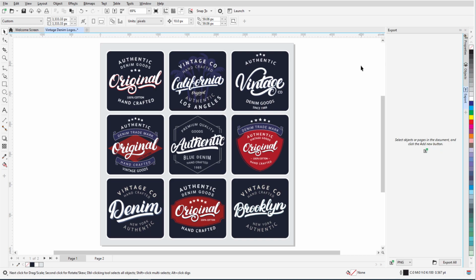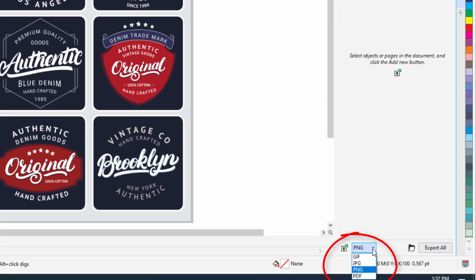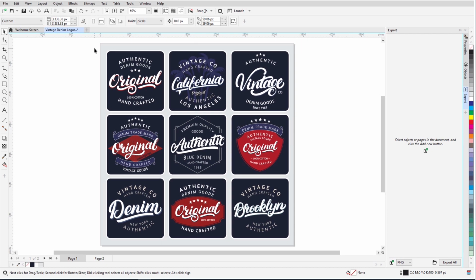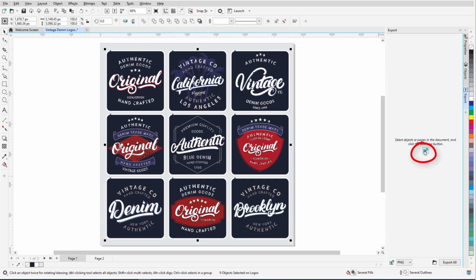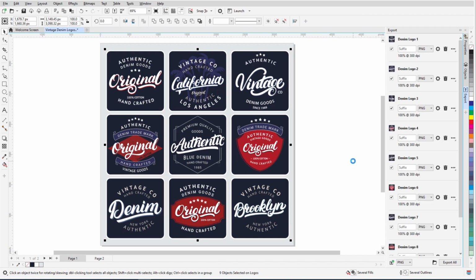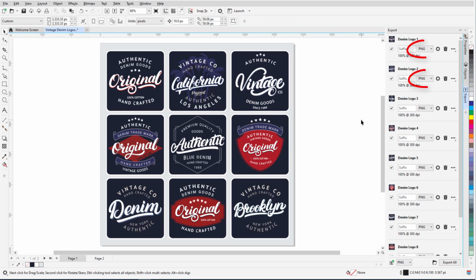To export a single copy of each object, I'll first set the default export format from the available GIF, JPEG, PNG, or PDF options. Then I'll select all objects and click the Add New button in the Docker. The order of objects is the same as the order in the Objects Docker, and my default export format is selected for each object, though I could change this for any object.